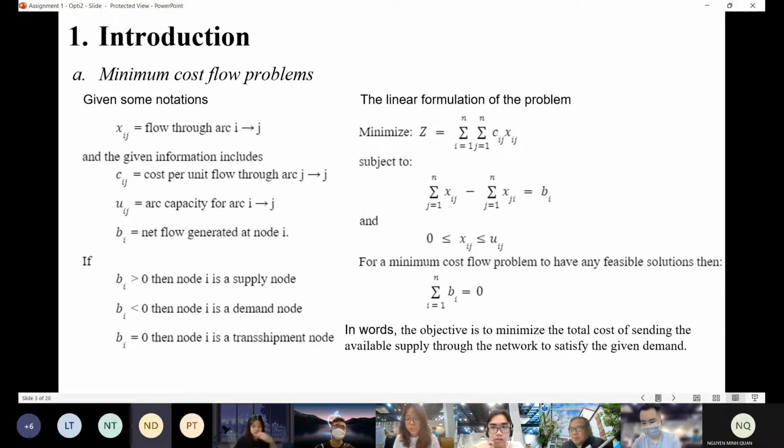The objective function for this minimum cost network is quite simple. Minimize the total cost of all flow that are going through our network, which means that we are going to multiply the number of units that is going through the arc (i,j) times the cost of transporting each unit of flow